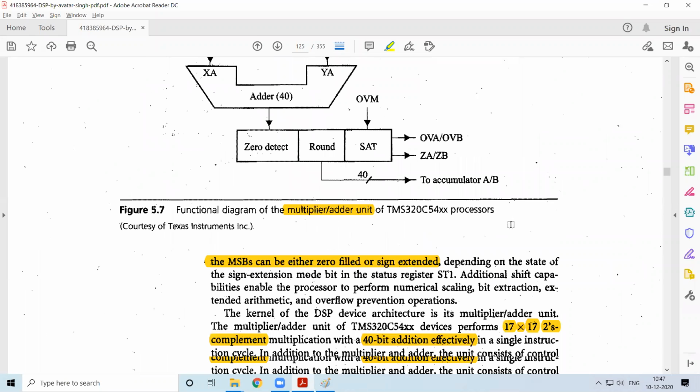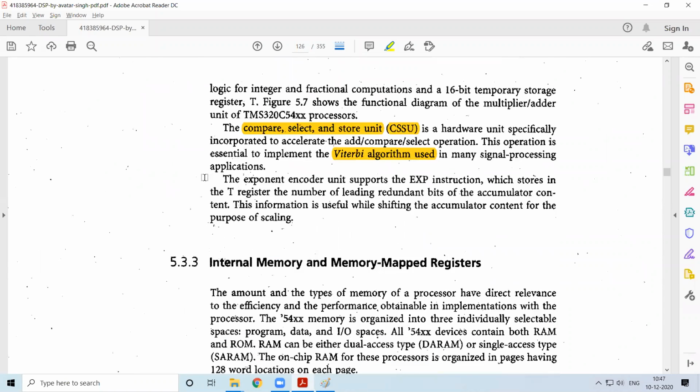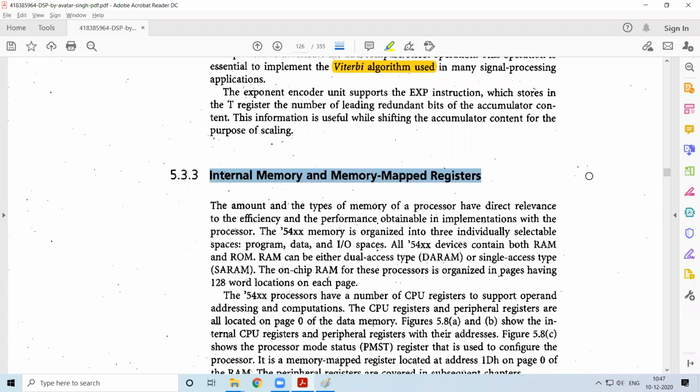So these are just a few things about the architecture of the multiplier and adder used in 54XX. Then, coming to the last part, we have the internal memory and the memory mapped registers. You should know what is meant by memory mapped and IO mapped. Memory mapped implies that if you are using some external memory, that memory will be treated as though it is part of the memory of the processor itself. So access will be in the same form as you write the code. You are not accessing it via ports and other things. You are directly using the same memory fetch or data fetch operations that you use without the external memory.